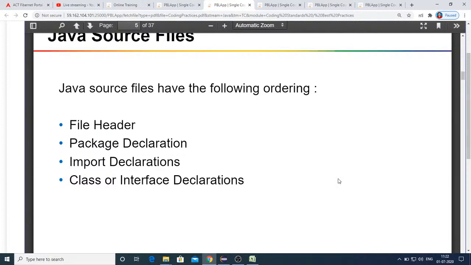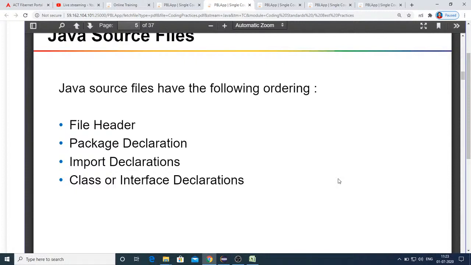But in real time, you are not going to create the project with simple or short lines of code. You will have huge lines of code, and a huge number of classes and interfaces will be part of your project, so it is not permitted to have additional classes and interfaces imported unnecessarily.